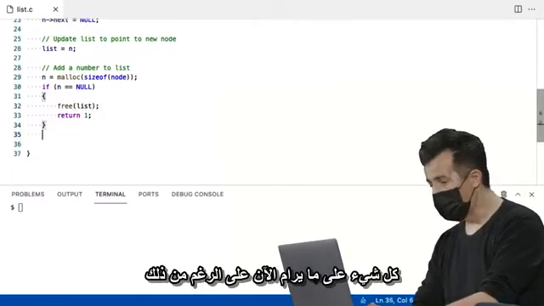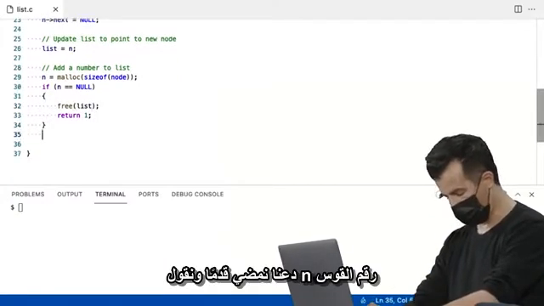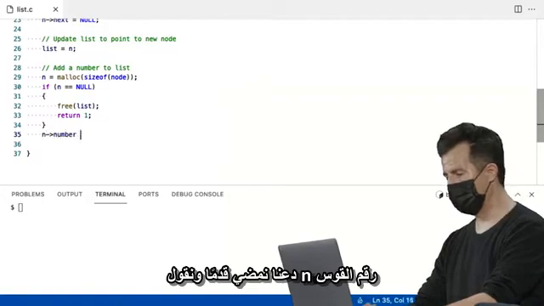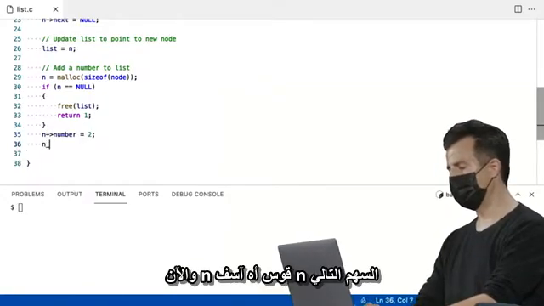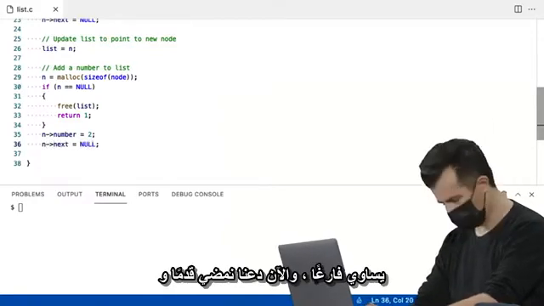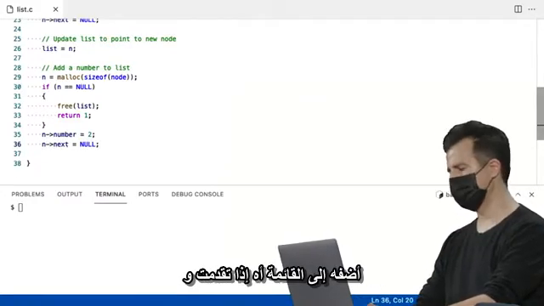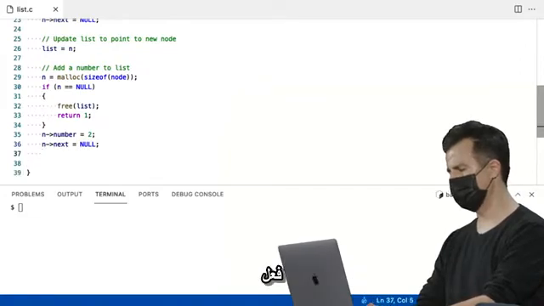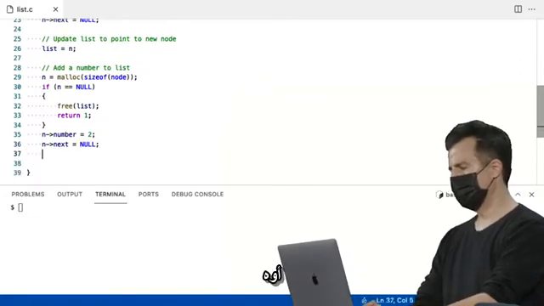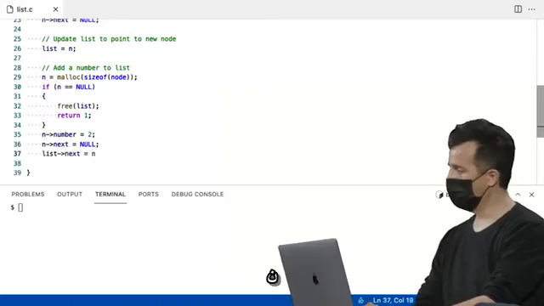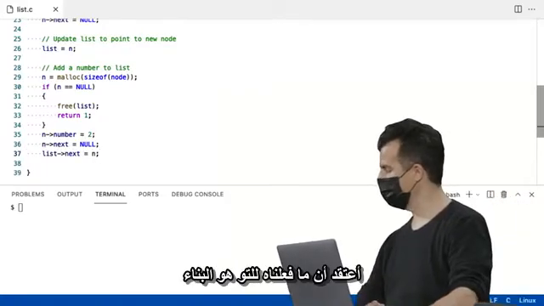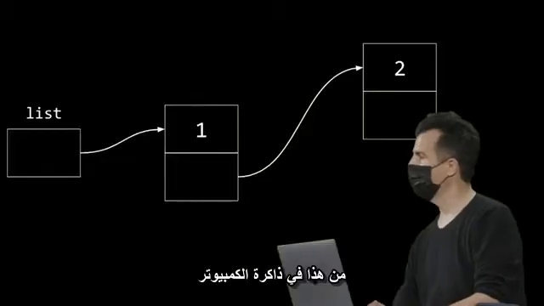All right, now if all was well, though, let's go ahead and say n bracket number equals 2. And now n arrow next equals null. And now let's go ahead and add it to the list. If I go ahead and do list arrow next equals n, I think what we've just done is build up the equivalent now of this in